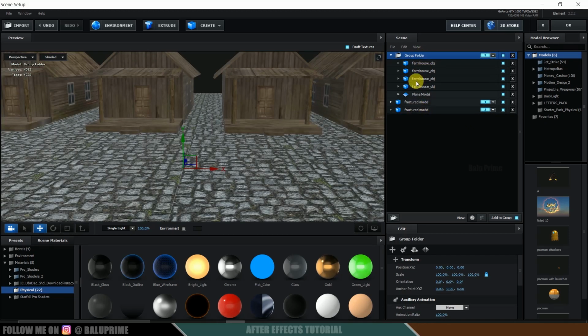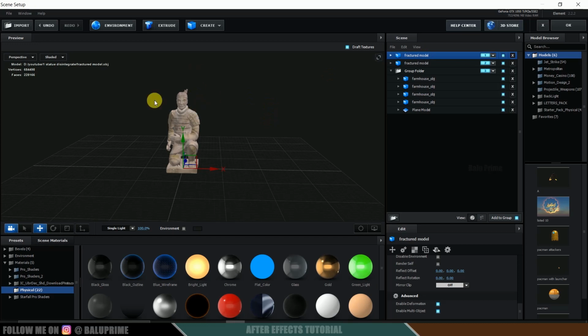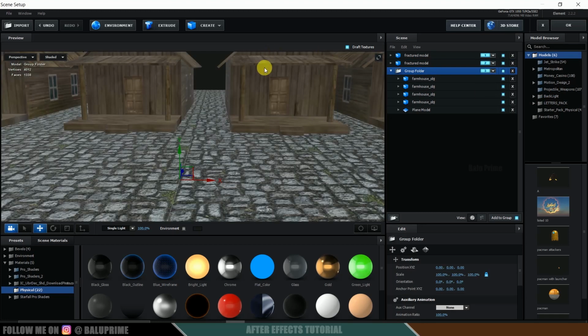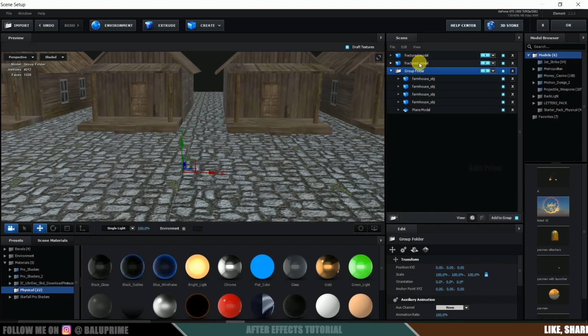Okay. So bring it here. Nice. So in first group we got our original model. In second group we got our model in some bright color, and third group we got our scene. So once the setup is done like this, just hit OK.